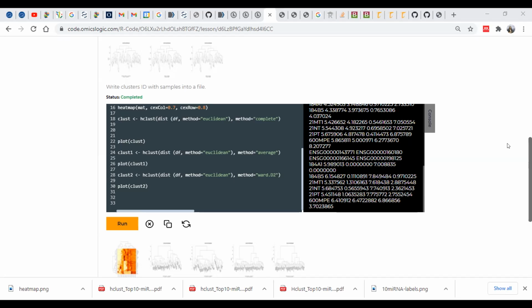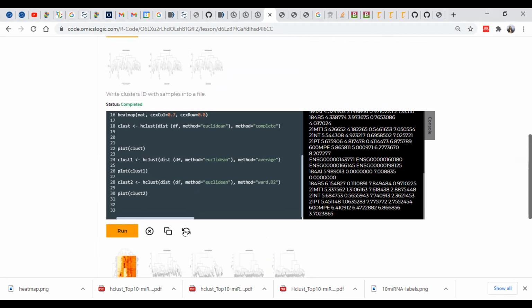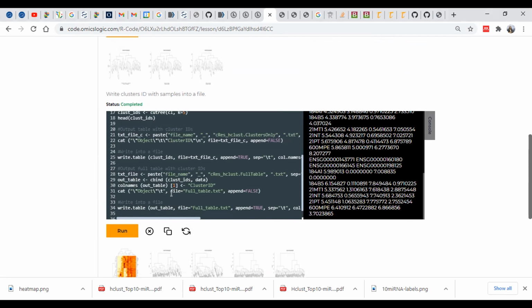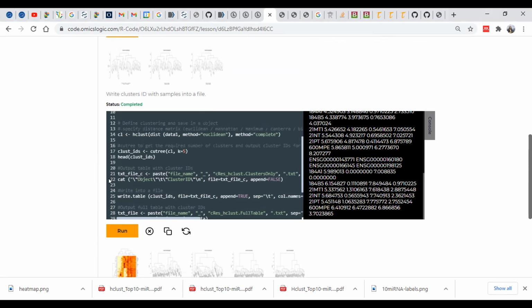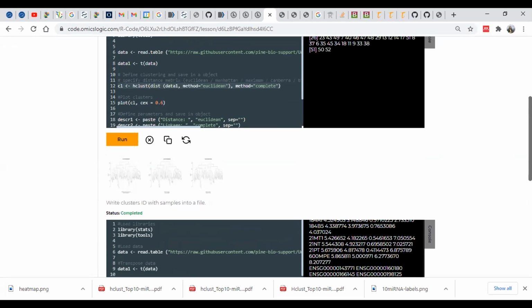So this is how we can write this plot, and if you are interested in doing analysis and want to store this information in a table, we just need to use the simple function cutree. Once you have this object, you define only the cutree, and you can even define the number of classes that you want, and then you store these ids and write them into a file. If we already have this plot, then we need to define only